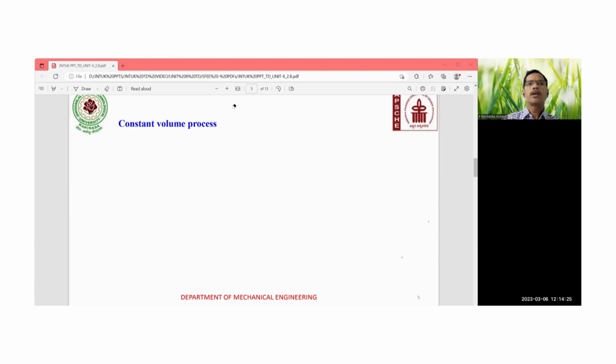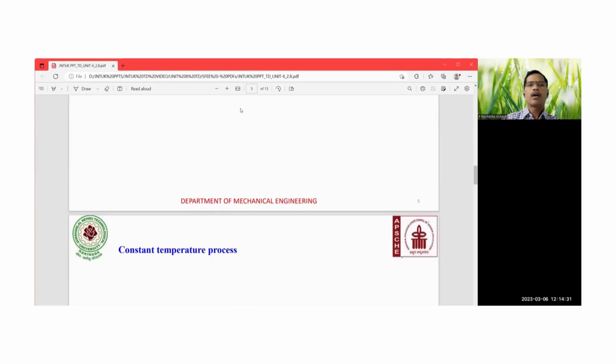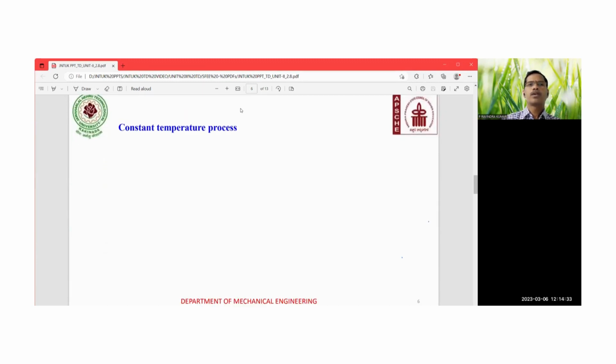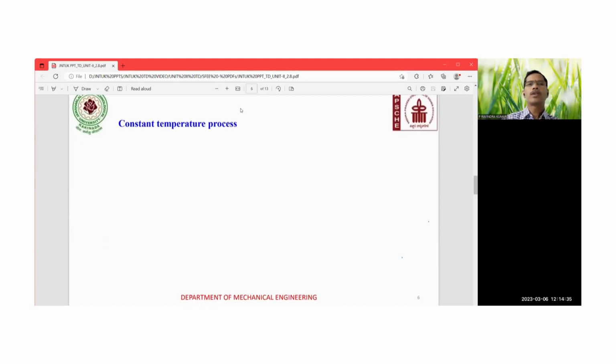Next one is the constant temperature process. You can also call it an isothermal process. So first thing is